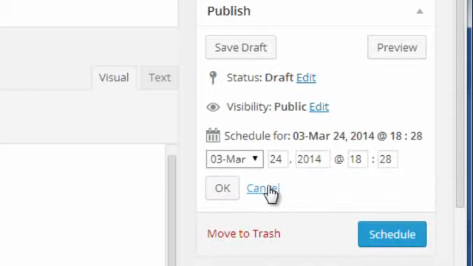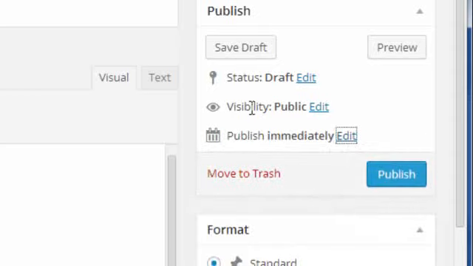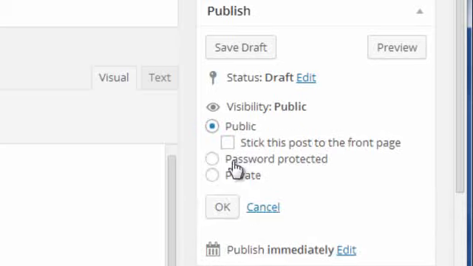Let's go and put this back to where it was. Oh, and the visibility by default, as soon as you publish it, everybody's going to be able to see it. But you can click on Edit to change that to a password protected post or a private post where nobody can see it but you, or you can even check this box here to stick this post to the top